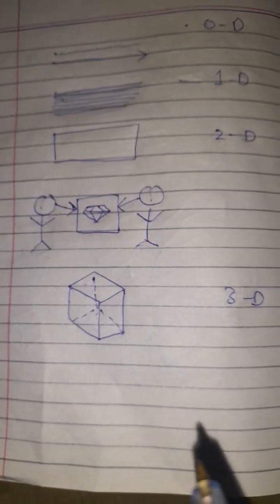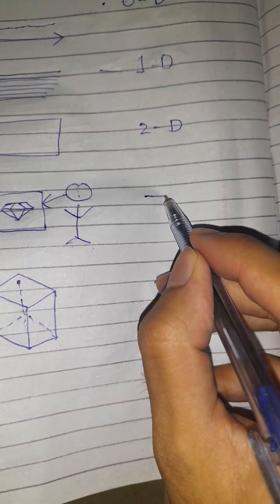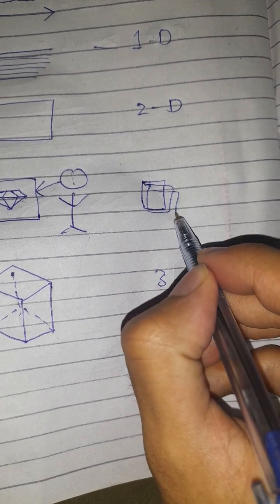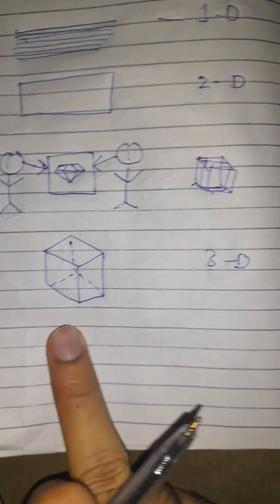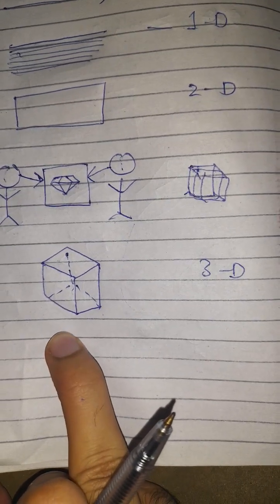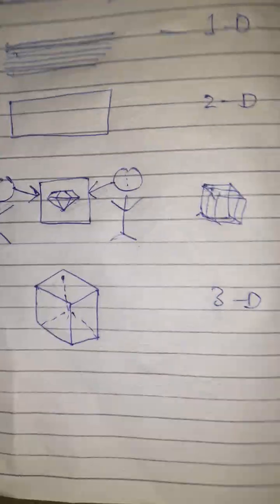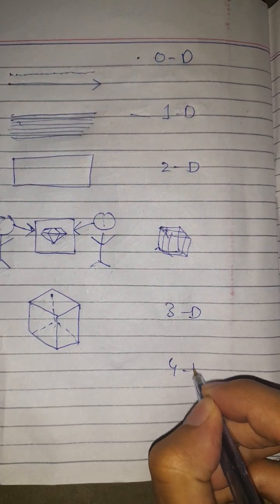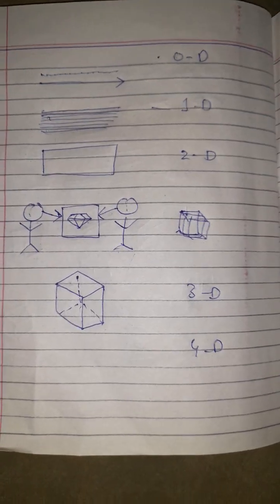So I'm going to take this square, or rectangle technically, and stack it upon itself an infinite amount of times, and eventually I would get a cube. This is a 2D depiction of a 3D object. Now, how would we depict something which is 4D? Depicting something which is 4D in 2 dimensions is extremely hard.